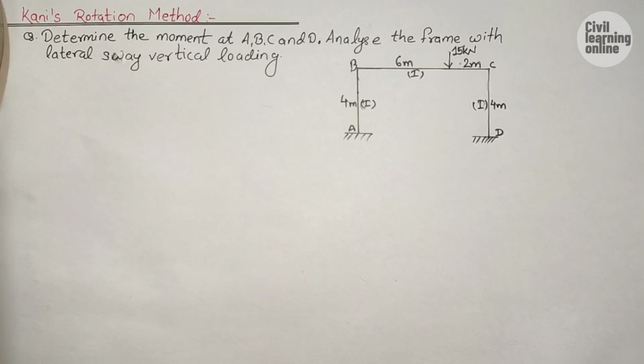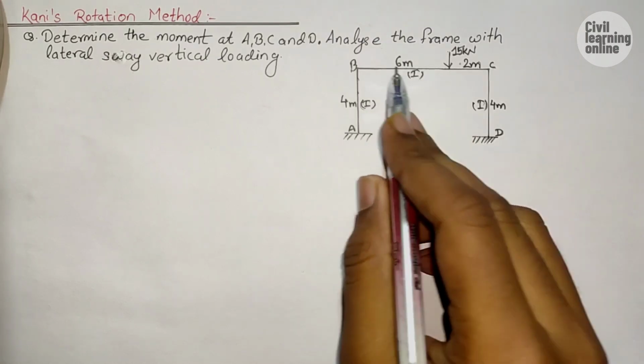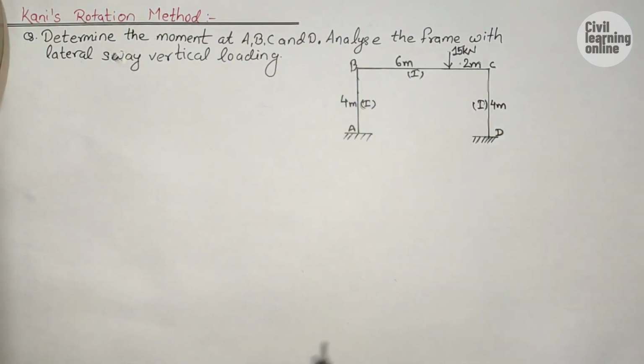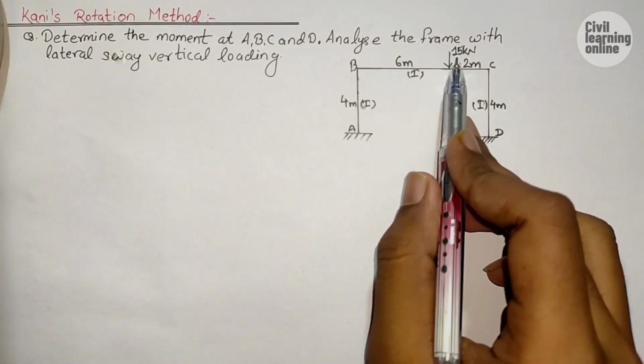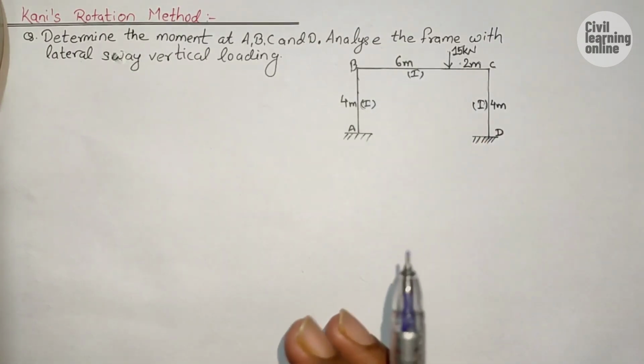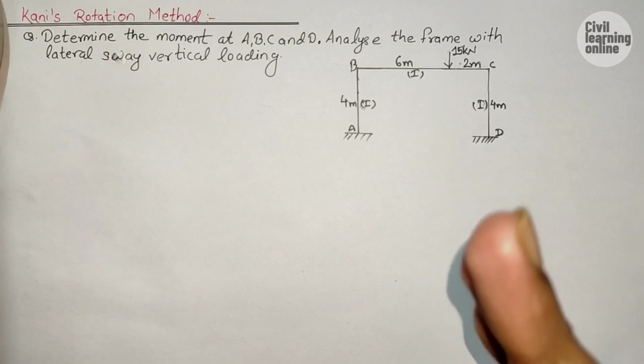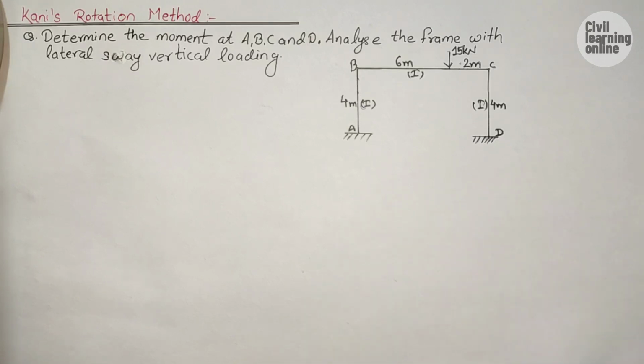So guys, if we discuss step 1, in step 1 we will be calculating the fixed end moment, and for fixed end moment there are some formulas for the different loading conditions. Here, as you can see, the 15 kilonewton is acting on the span BC away from the center. So in that case we have a different formula, and if it were at the center of this span BC, then it has a different formula, and if the span BC or any span of this frame were loaded with UDL, then it has a separate formula. So let us have a look at the different types of formula for the different loading conditions.